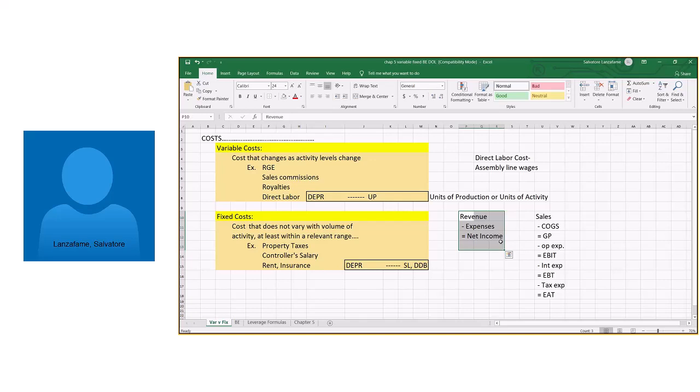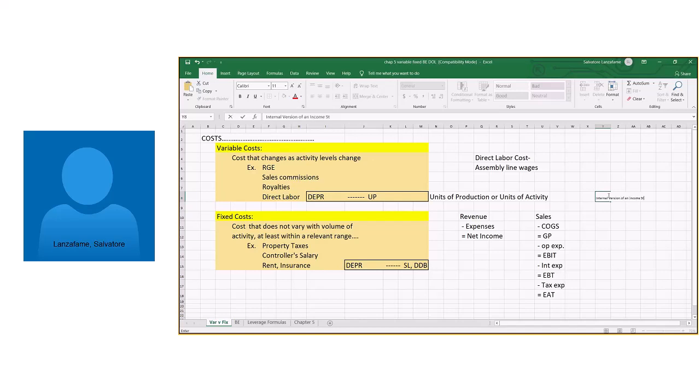If you're in an industry where you're selling product, then you would use this style. These are both external versions of an income statement. External, meaning that anybody outside the company would be privy to them, if they wanted to see them. However, there is an internal version of an income statement, and this internal version,